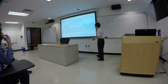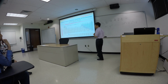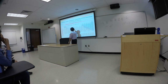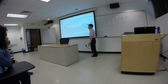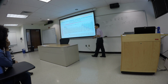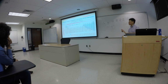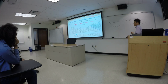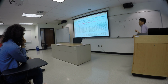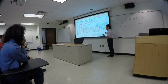The metallic character is decreasing going from left to right. It's very easy to see that. Lithium is a metal, beryllium is a metal, and then you go here to carbon, nitrogen, oxygen. We're getting into nonmetals. Metal to nonmetal, the metallic character is decreasing. So that's the general trend. Going from left to right, things are getting more nonmetallic. Going from top to bottom, things are getting more metallic. Okay, so this is the trend. Now, within the same group, you can also say